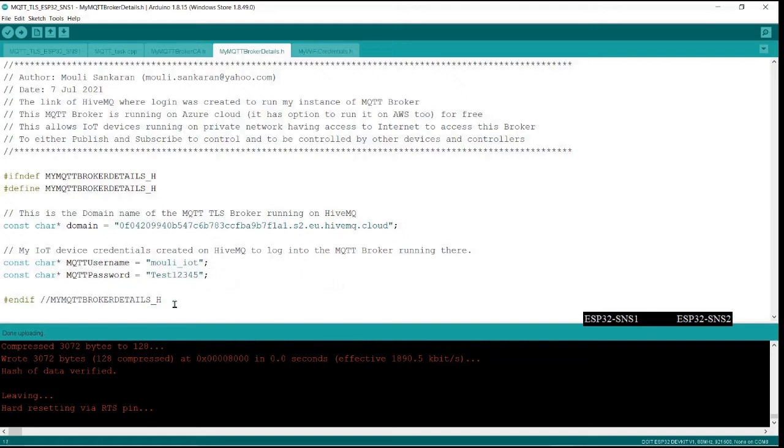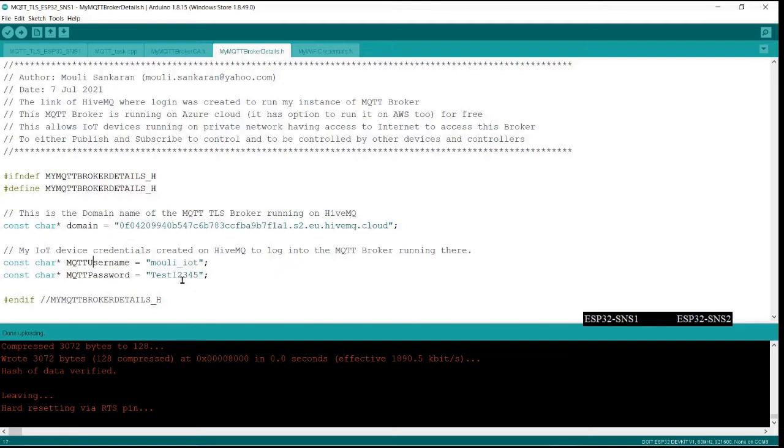So we will be using this in creating the packet to be sent to the broker. So this will be used for establishing the connection. During the connection phase, the software running on the ESP32 will make use of it to send the credentials to the broker so that it knows that the IoT device is a reliable one, and that is the device which it has to communicate whatever it receives from the publishers.